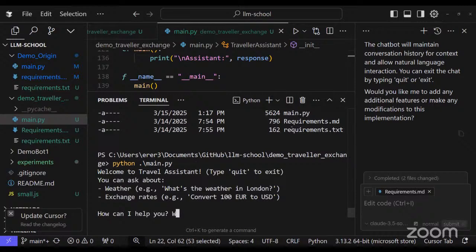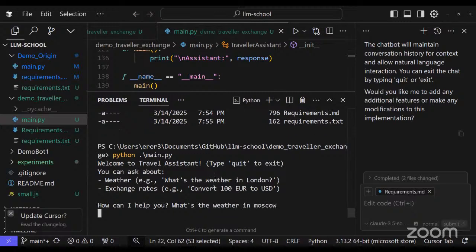We can ask, for example, through this chatbot, which is just a short extension on top of this main one, which only took a few minutes to generate, and this one only took an hour or so to create. We can ask it questions like, what's the weather in Moscow, for example?